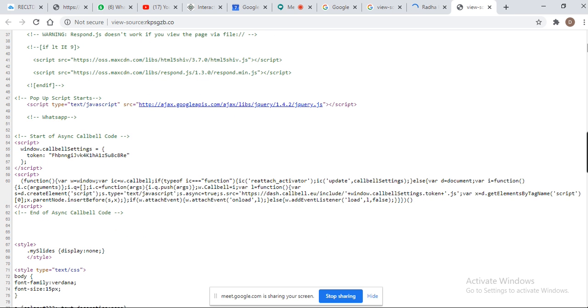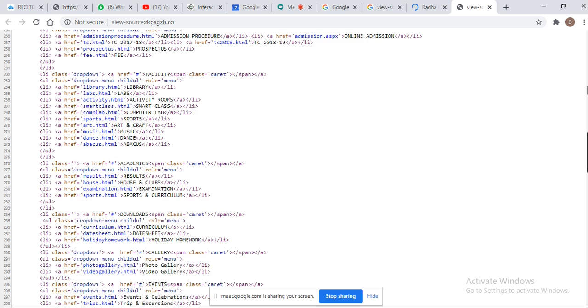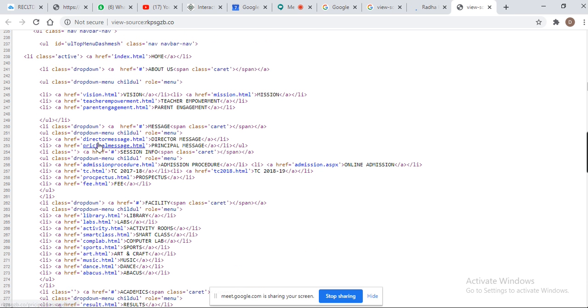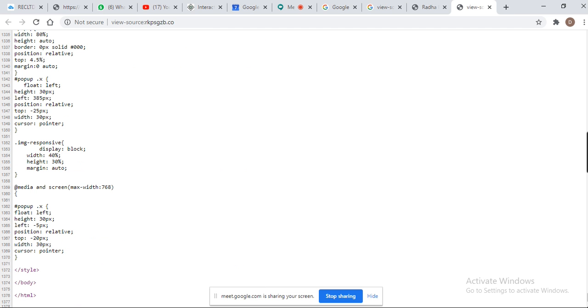So you can see here JavaScript is also included in that. And these are the lists, tables, classes, activities, all things are there. So this is basically an HTML page, and you can see that it has the body and closes with the html tag.